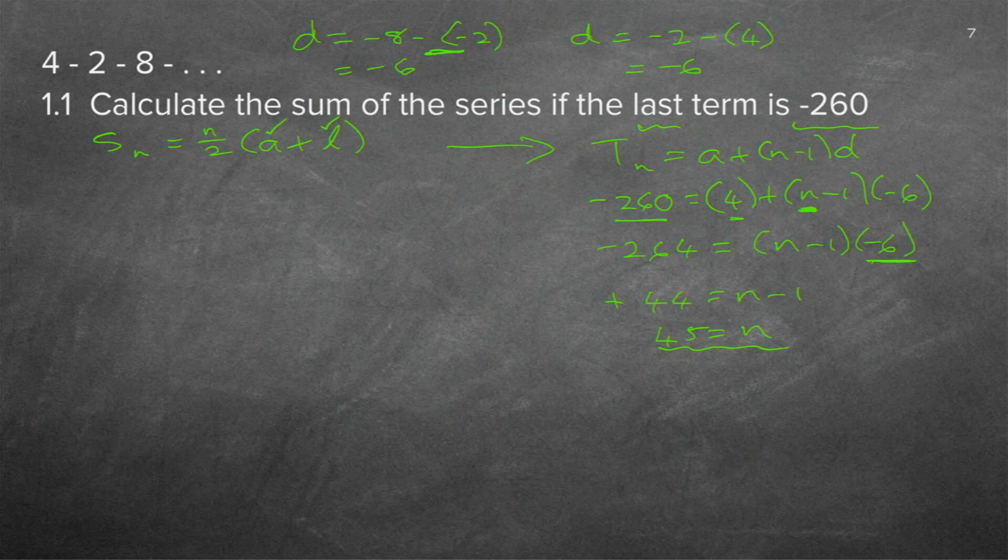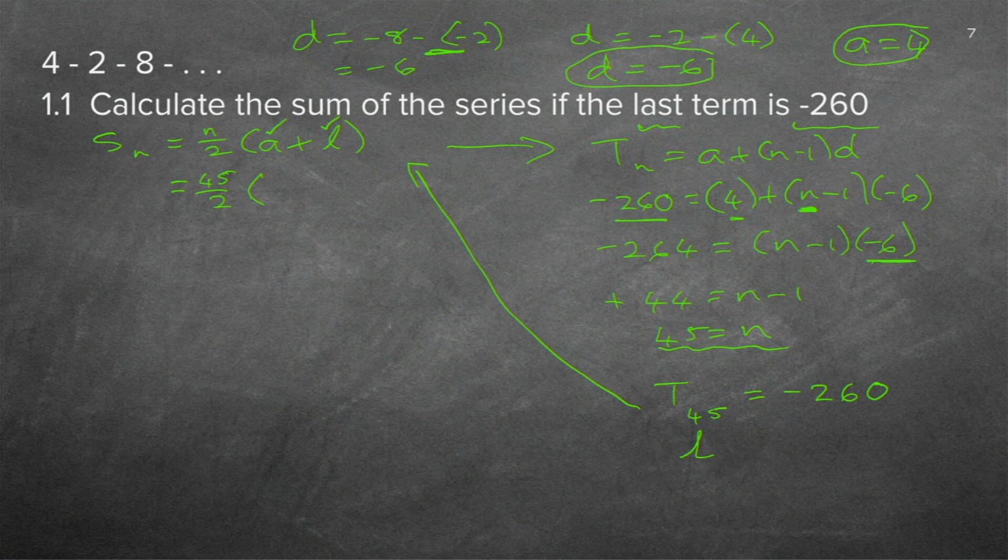Now I know the 45th, so let's write it neatly. The 45th term is equal to that minus 260. And they also told me it's the last term. So now I can go back to this formula there. And I can use it because now I've got all the information needed. So now I'm going to do n was 45 over 2. A was, remember we wrote it down at the top there. A is 4 and D is minus 6.